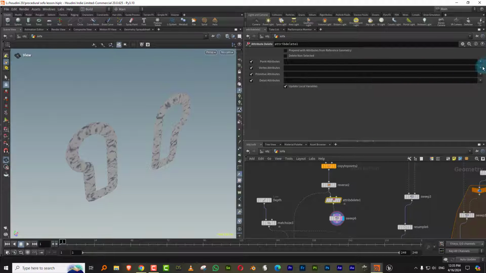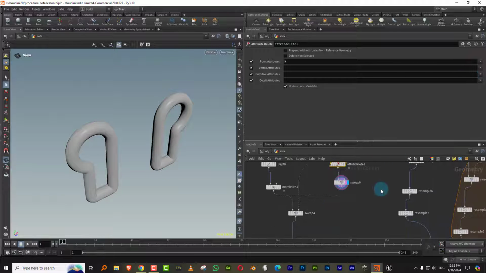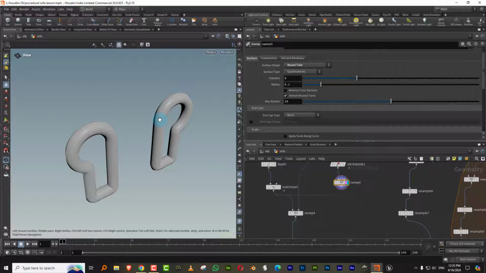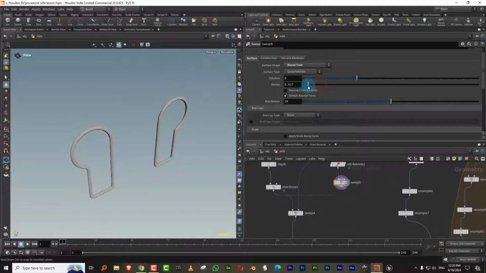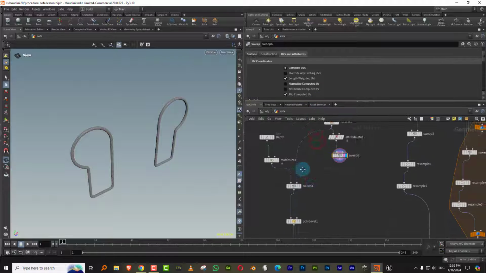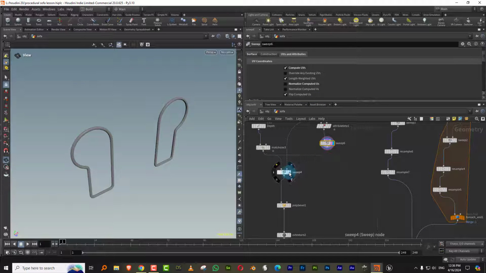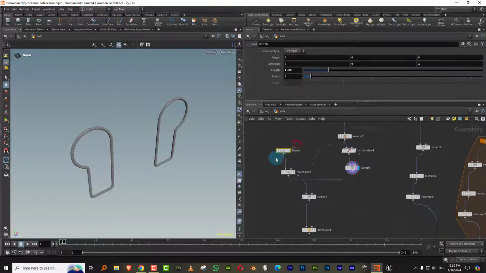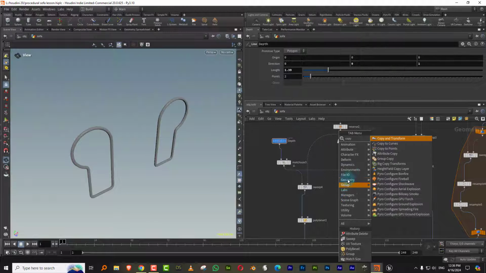Okay, so just take an attribute delete and get rid of the normals. So just come to point attributes, normals. There you go. So anytime you have problems like these, there's a good chance that your geometry has normals. So that's why sweep is causing issues. So we can just take this and turn on compute and turn off normalize. And then what we want to do is we want to copy it to both sides here. So just take a copy to points